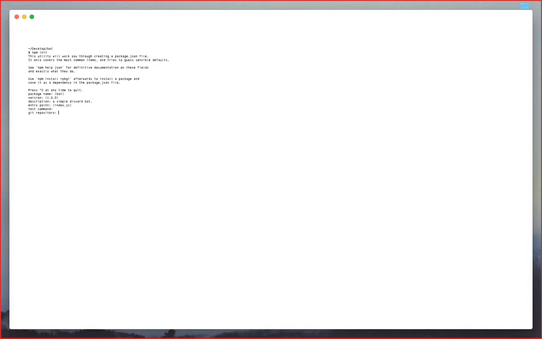Test command you can skip. Git repository: if you want to host your bot in a GitHub repository, you can paste that link here. I'm not, so I'm going to skip. Keywords, skip. Author, your name. Let's put my name. License: I usually do MIT, but I'm not going to get into that. So once you have that installed, if you do ls,